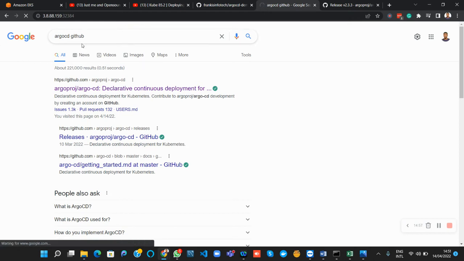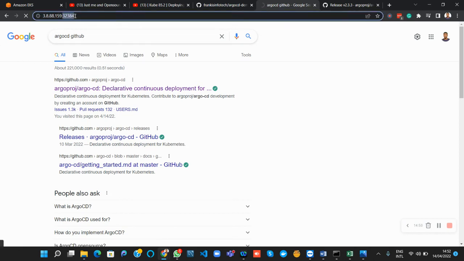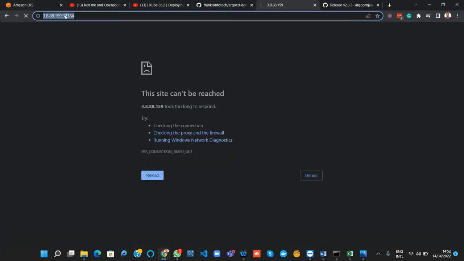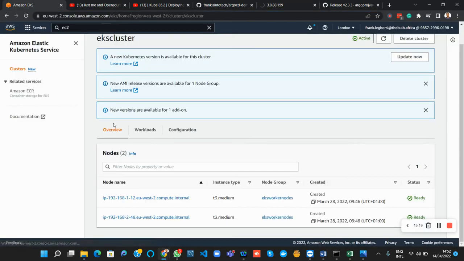Since we are running these services through AWS, there's something called the security group, which is a firewall. So this port has not really been opened through the firewall, and I will need to go and open this port, save, copy, and go to my